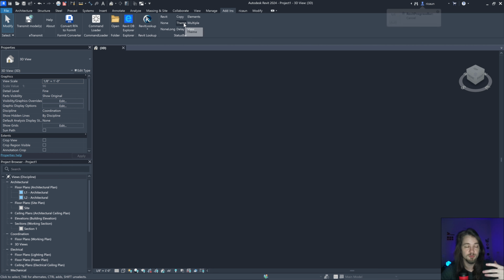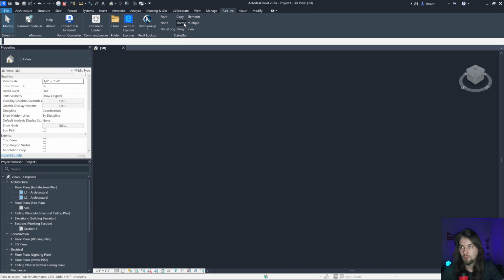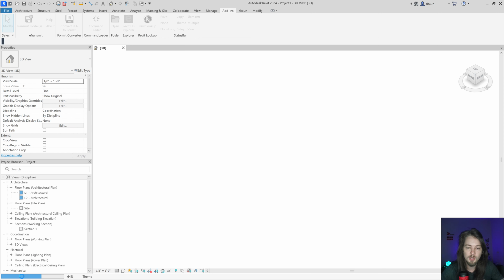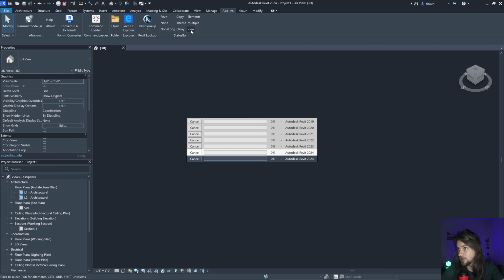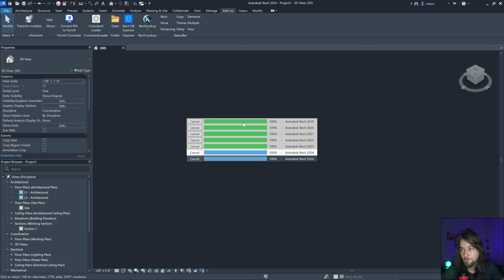And if I switch my theme to the light color, it's going to show like this, with the same blue but on the right background and so on. And if I use the old version, I'm going to work with version 19, 2021, and so on. It's going to show in this gray background and with this green progress bar. And the rest is going to be the same.